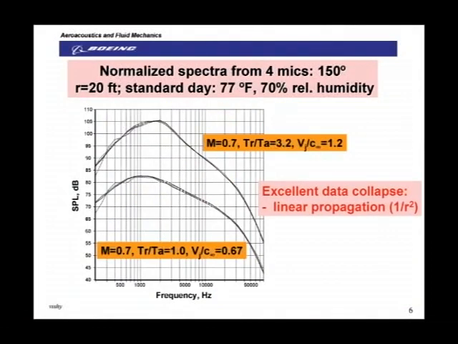Now, we tried to normalize the spectra by correcting it to a standard distance of 20 feet, as well as to standard day conditions of 77 degrees Fahrenheit and 70% relative humidity. Now, you have a Mach 0.7 cold and heated, but for some reflections from the exhaust collector, which is closest to the fourth mic, you get epsilon within about a dB at all frequencies, especially at the higher frequencies. That is, you can